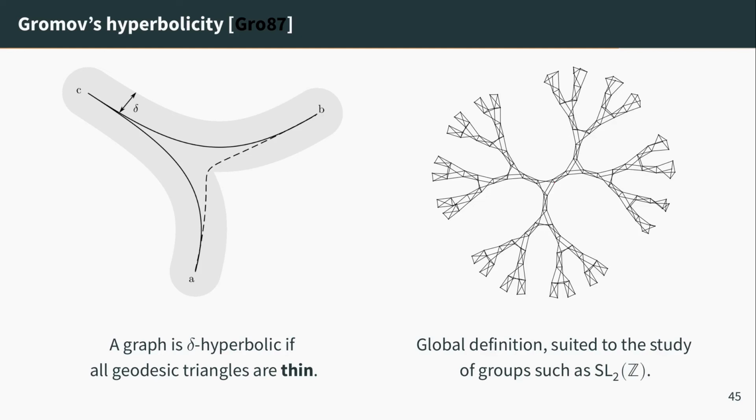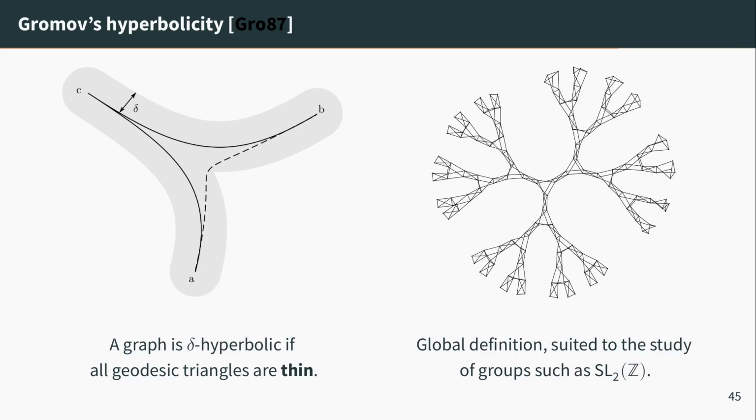the group of integer pairs, you get this kind of graph, and you see that this graph, clearly you have cycles, like it's not exactly a tree, but you can also see that at a large scale, it behaves like a tree. Okay, and here delta seems to be equal to like 2 or 3. If you go from this point to this one and this one, like a geodesic triangle, you understand that this picture can be applied here. Okay, so this is the kind of idea that marinated in mathematical departments since the 1980s. But okay, this notion is very global. It's a property about large-scale triangles.